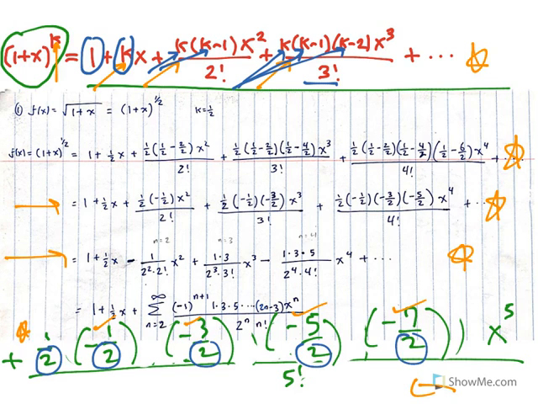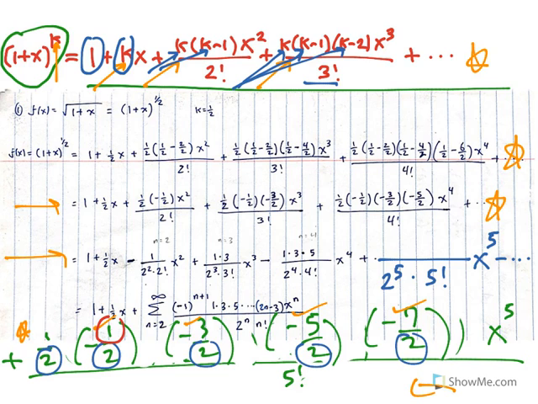So the product will be positive, and in the denominator, you'll have 2 to the fifth times 5 factorial, and of course x to the fifth power. And in the numerator,